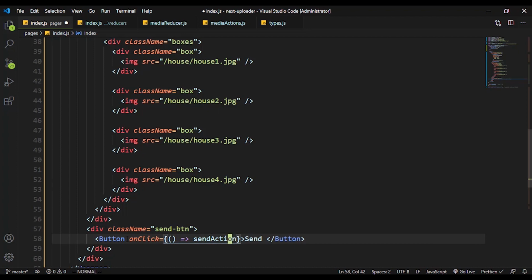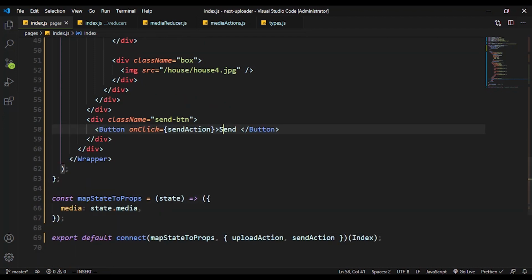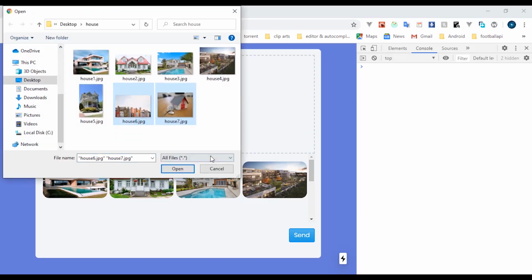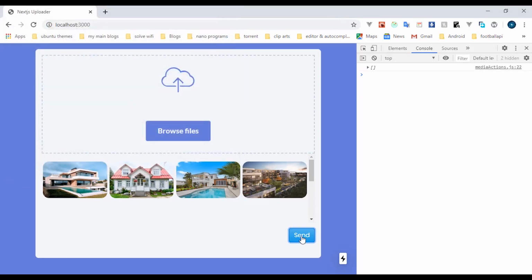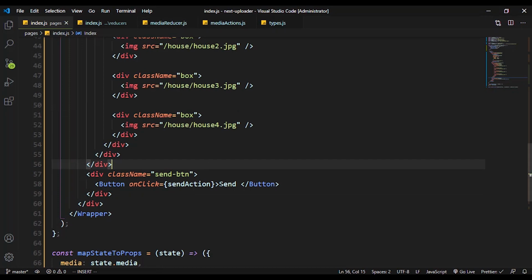Or let's just do it this way so that we don't delay things together. So let's go ahead and try what we've just done. Whenever we select image files, we can click on send to dispatch those files to our server. So I'll just quickly select files, and when we click on send, we are supposed to be getting back those files, but actually we got nothing,